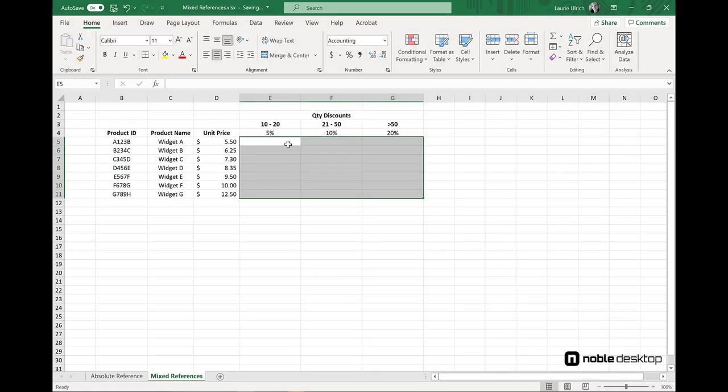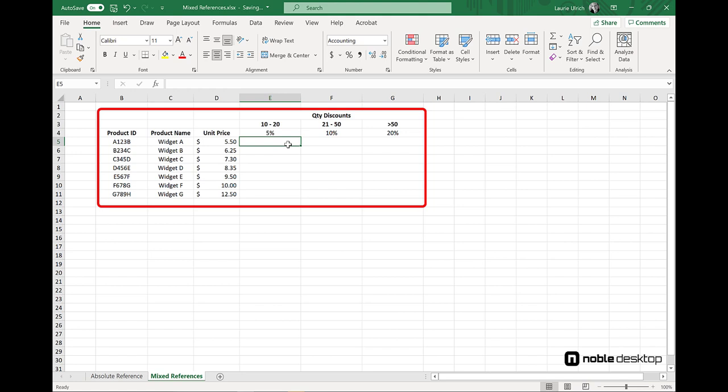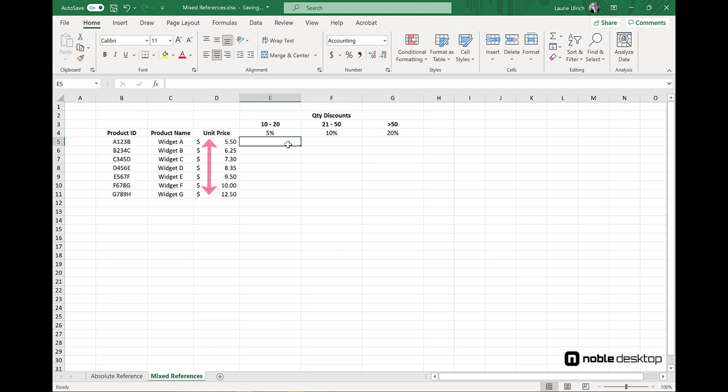Now, to show you how to use what's known as a mixed reference, we have a worksheet with quantity discounts for a handful of products. We'll use mixed references in two different ways. Once to force the calculations to refer to cells in a particular column, and once to make them reference values in a particular row. For the first item, to calculate a 5% discount for purchasing from 10 to 20 items,